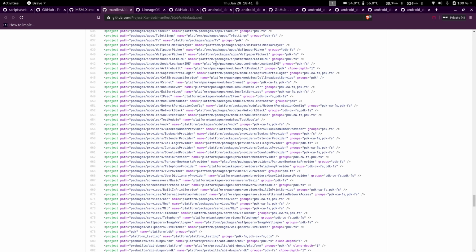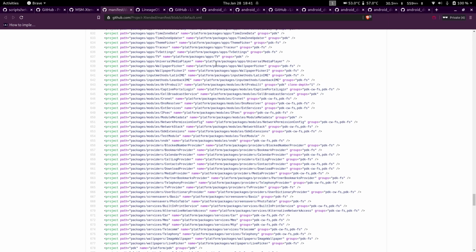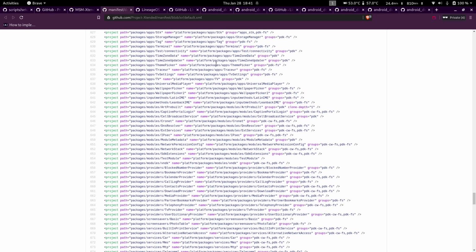If you don't have device trees, extracting and making your own device trees from your device would actually be out of the scope of this session. So that is one thing that would be required for your device to have.